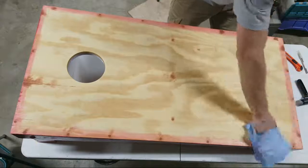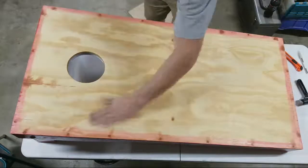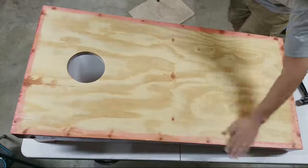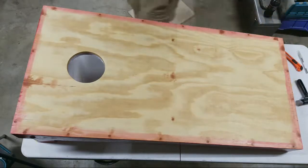Just trying to make sure these are good and clean, free of debris, because I don't want any little stickers underneath the skin. So you got to make sure that's good and clean. All right, I think we're good. Now, like I said, the next skin,